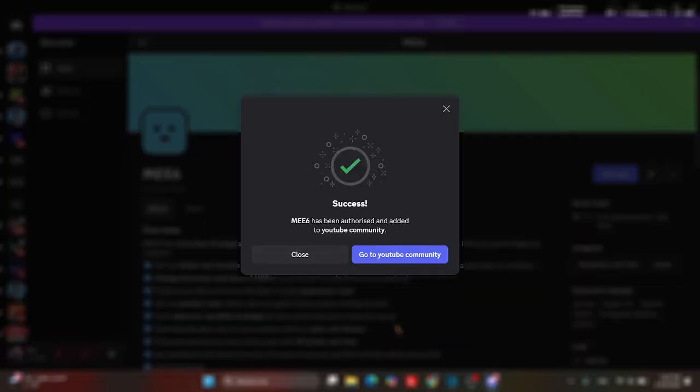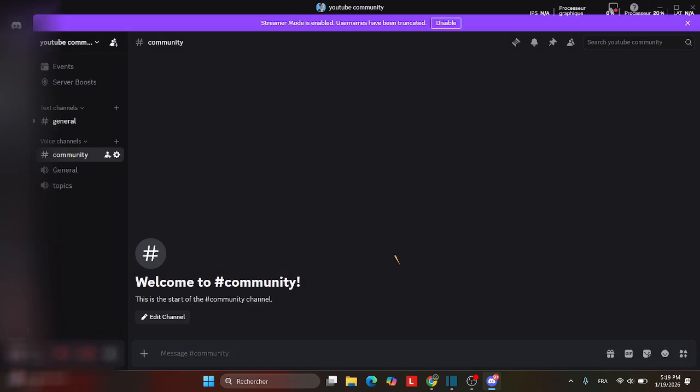And voila! You can now use the bot with certain